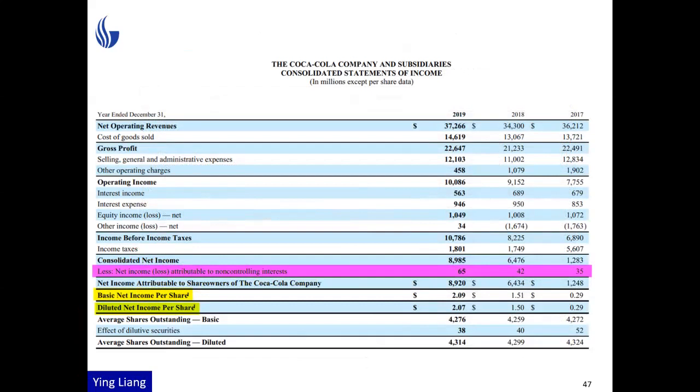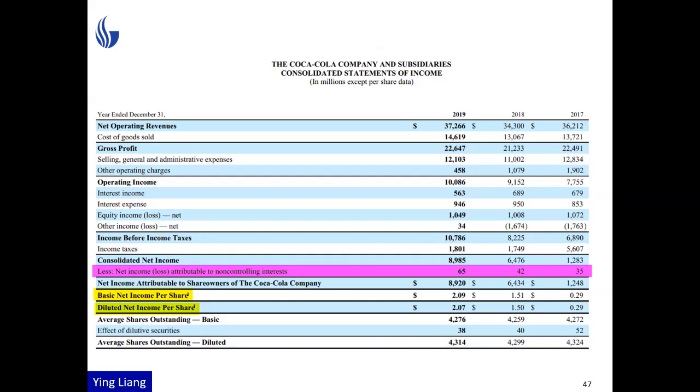This one, we have a consolidated net income. And then we are going to subtract something. This something is attributable, that means distributed. We are going to give this $65 million to the non-controlling interests. So they are in front of the common shares, so we need to subtract this. This is also part of the preference shares dividends. So we use the consolidated net income 85, subtract 65. That gives us 89.20. And we're gonna use this net income to divide the weighted average shares to get the